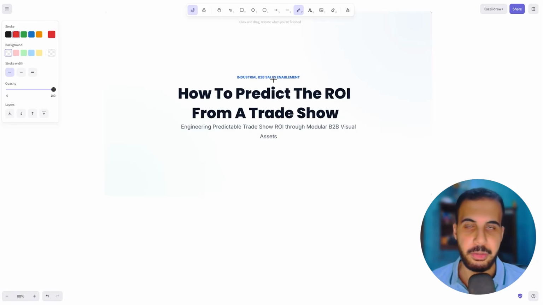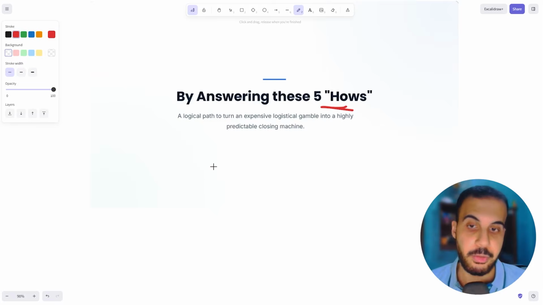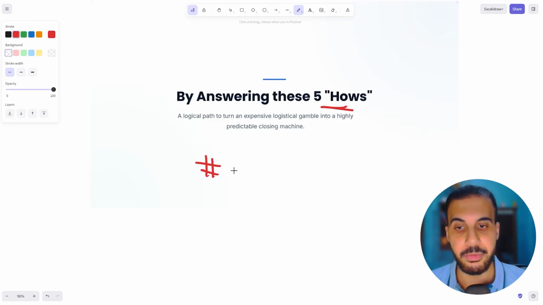If you're a marketing manager or a CMO in the industrial field, I will show you exactly how you can predict the ROI from any upcoming trade show. And you'll be able to know exactly what the expected ROI is by answering these 5 hows. Just 5 simple questions. And of course, the first how is how to measure the expected ROI from the trade